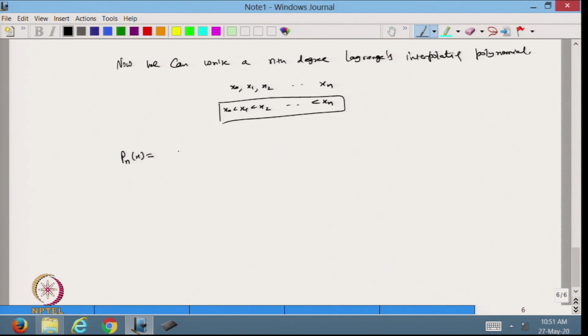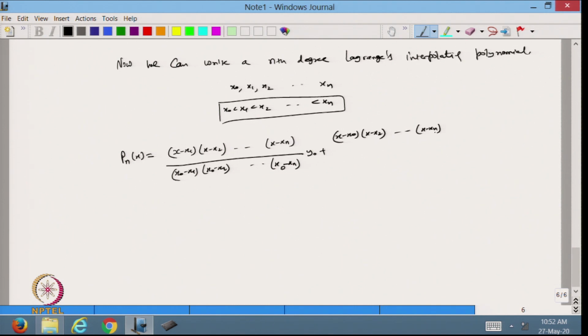I am writing the coefficient of x0. So, I will write (x minus x1)(x minus x2) up to (x minus xn), divided by (x0 minus x1)(x0 minus x2), and in the end (x0 minus xn), times y0, plus (x minus x0)(x minus x2) up to (x minus xn) divided by (x1 minus x0)(x1 minus x2) up to (x1 minus xn), times y1, plus